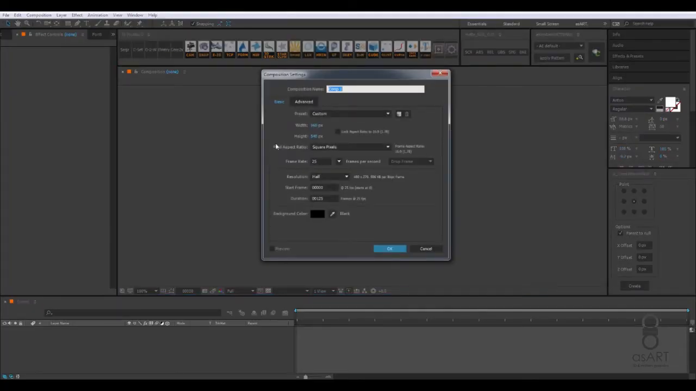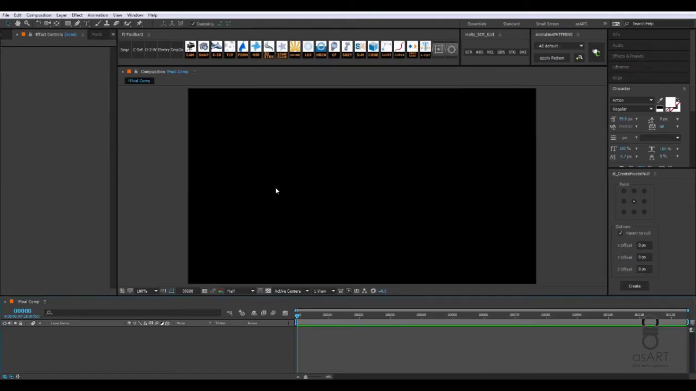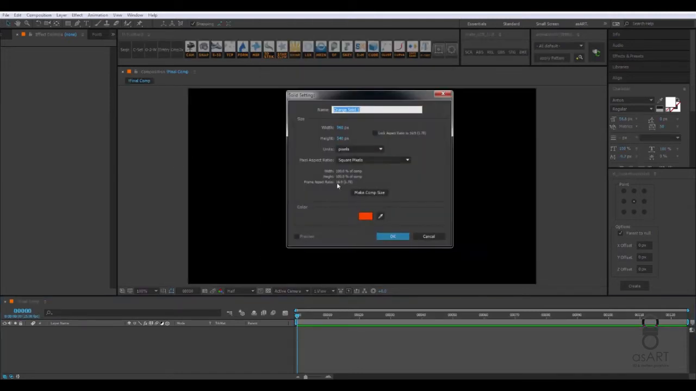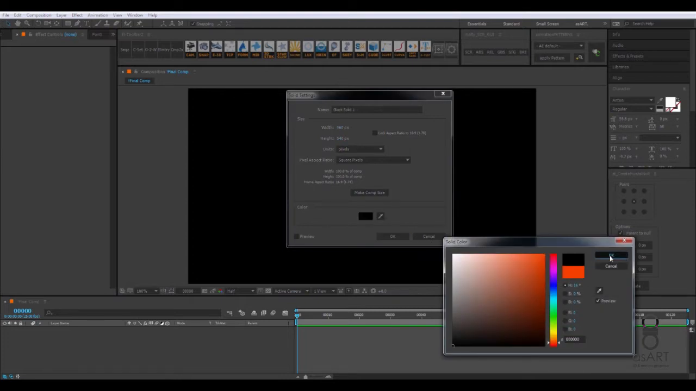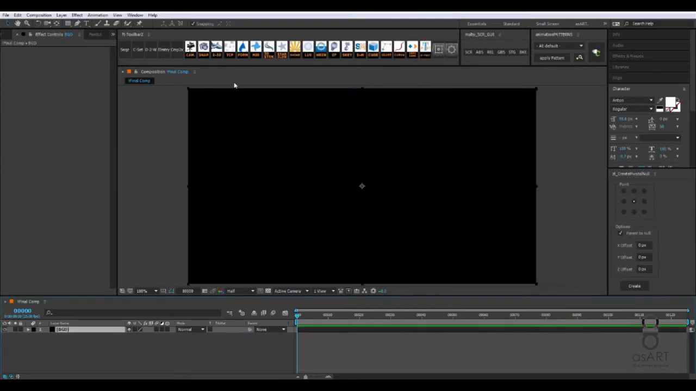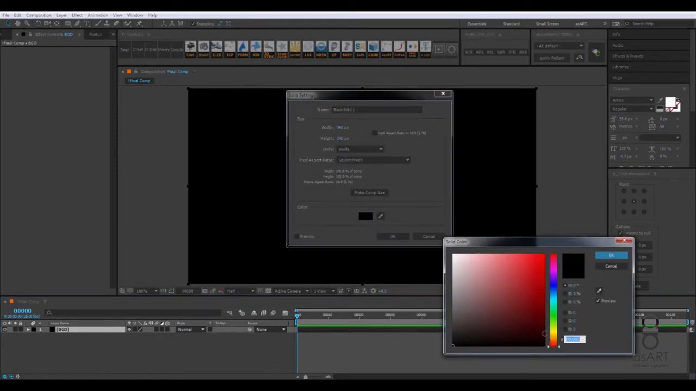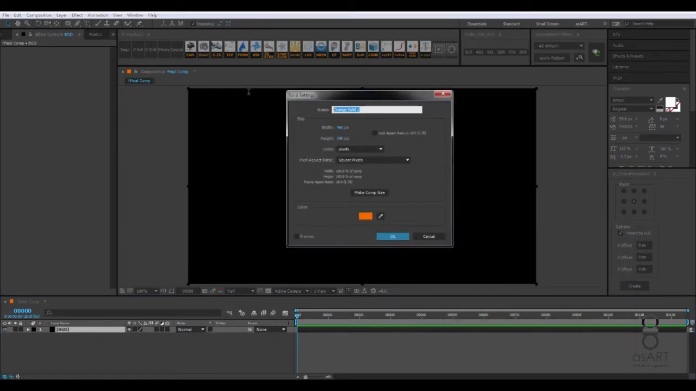So I'm going to create a new comp with Control N and then call that final comp. Doesn't matter actually what you call it. Then my size is here 960 by 540, which is half HD. I have 25 frames per second, half resolution, 125 frames in total, which are about 5 seconds. So click on OK, press Ctrl Y to create a new solid. I'm going to create a black solid for my background, and then another solid for my Element 3D,